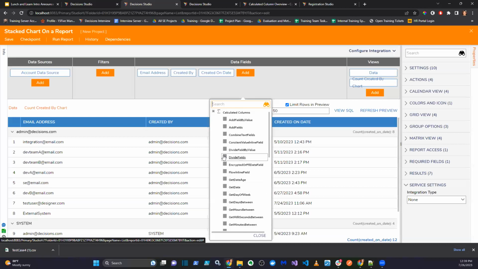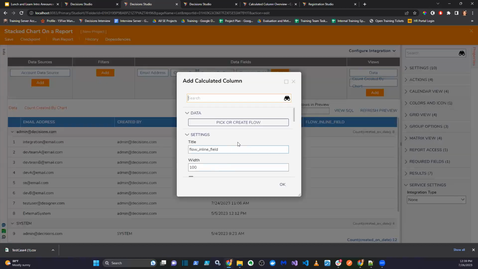So for example, if I use a flow inline field, and this is where I get to create a flow, every time that this report runs, it will run a flow for each row. You have to be very careful about using this, because if you use this flow inline field calculated column to do some type of calculation or flow to get you a value you want to display, if you're going to have a low amount of records, like maybe a couple hundred, you'll be fine. But if you're going to have users viewing hundreds of thousands of records,